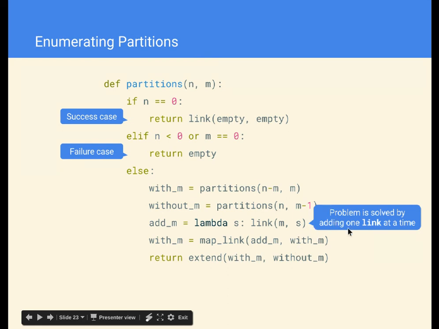Okay, so we've seen how we can use the two base cases together with map link. And so we take that image and we just keep on adding more links one by one. After that, we're going to talk about alternative implementations. Are there any last questions about this first before we move on?